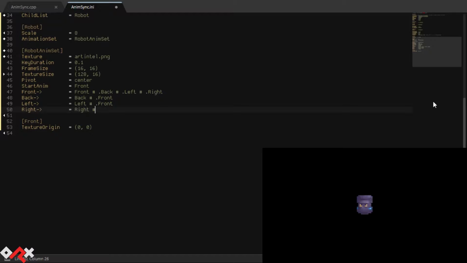However, both transitions will happen during the same frame, and so it won't be noticed by the player. The back animation starts at pixel position 128 across and 0 down. The left animation starts at pixel position 0 across and 16 down, and the right animation starts at pixel position 128 across and 16 down.